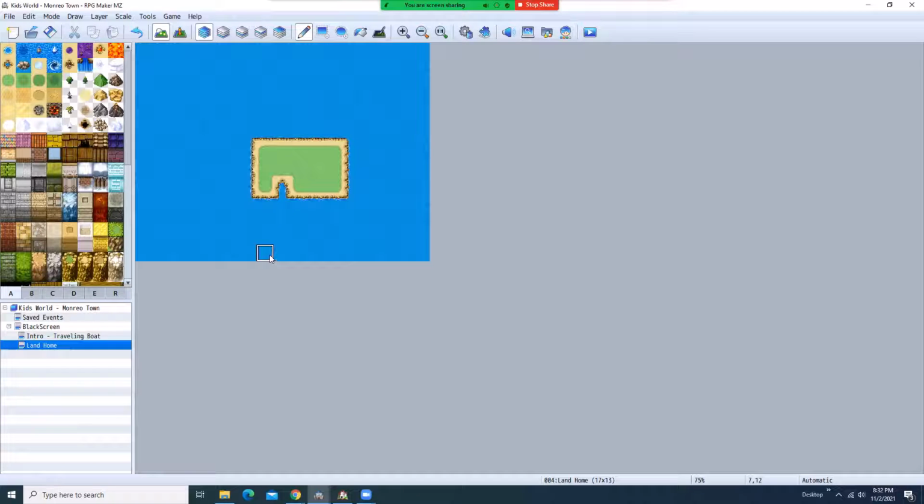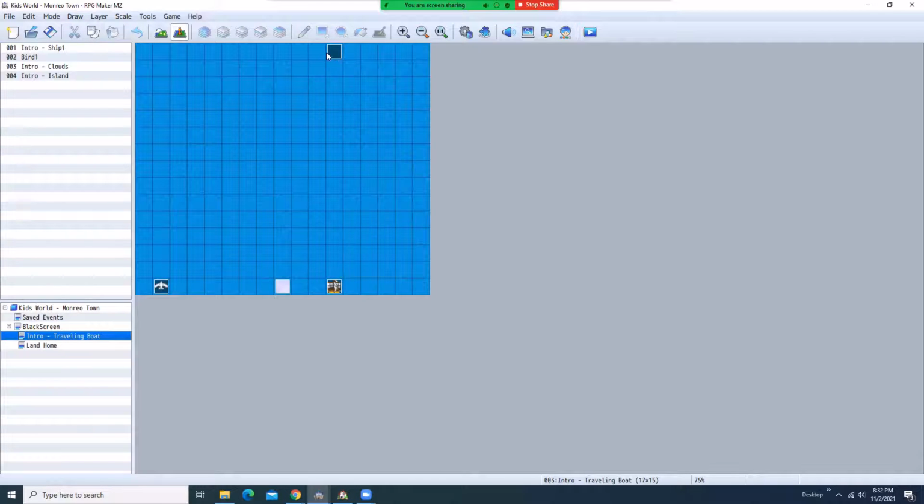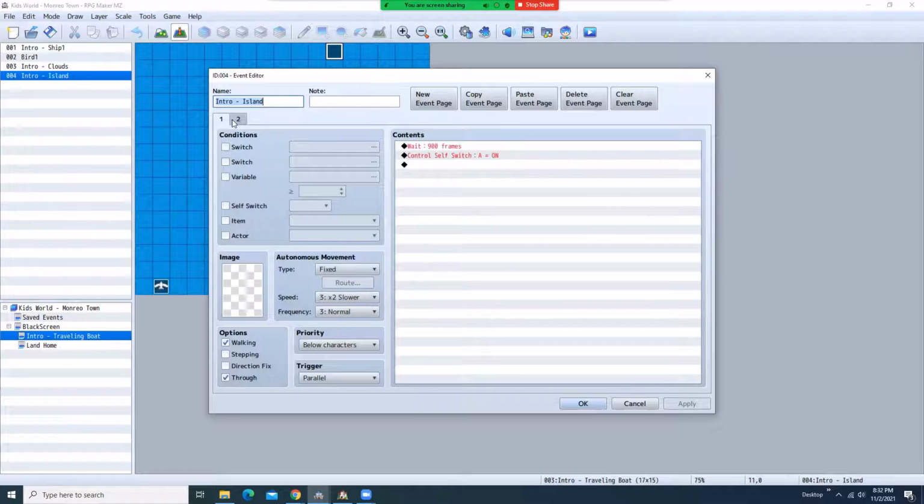That's the first part of the map. So I'll work on the map more than that. We just need a specific map to allow us to transfer. Okay, we'll go back to our first map and try to finish this event now. Now that we actually have a second map,